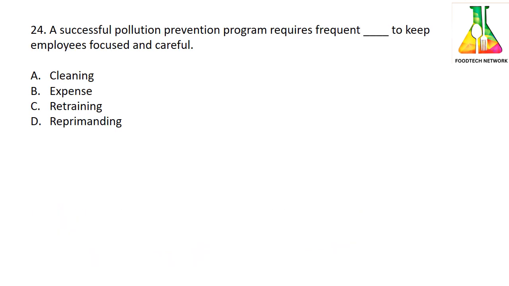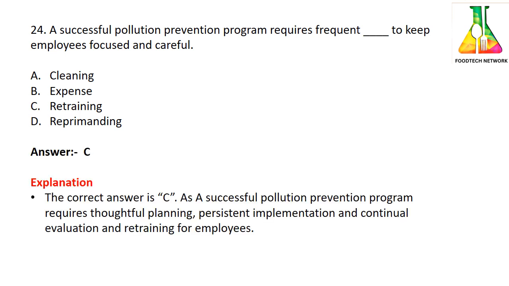24. A successful pollution prevention program requires frequent dash to keep employees focused and careful. Option A, cleaning. Option B, expense. Option C, retraining. And option D, reprimanding. The answer is option C, that is retraining. A successful pollution prevention program requires thoughtful planning, persistence, implementation, and continual improvement or evaluation, followed by retraining